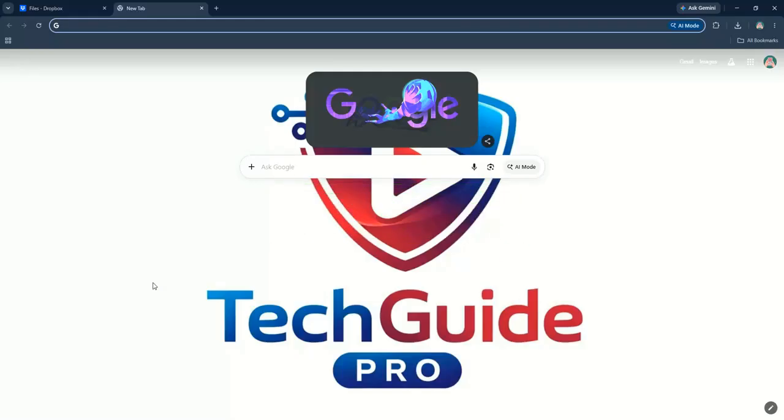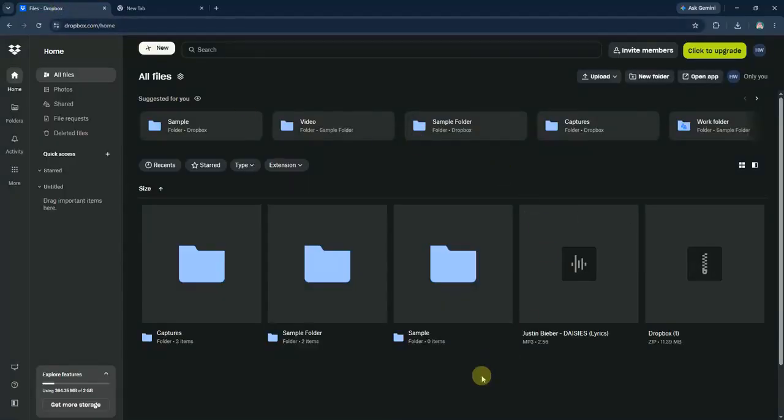First, open your web browser and go to Dropbox.com. Once you're there, you'll need to log in with your account credentials if you're not already signed in. Once you're in, look at the left sidebar and click on the Files option to navigate to your main Dropbox